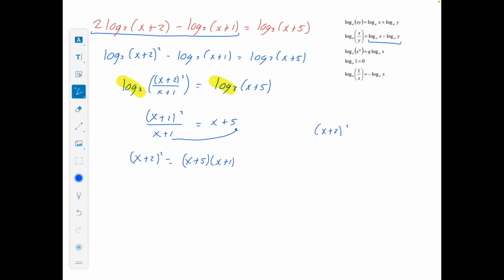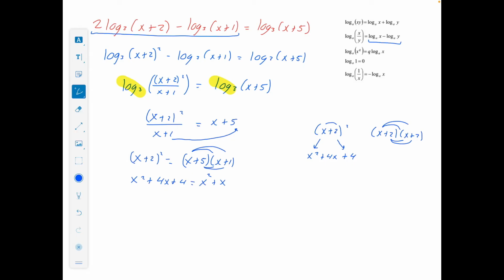So this is good revision of your algebra as well. If you want to square a bracket, so if we've (x plus 2) squared here, you have 2 options. There's a little bit of a shortcut. So you can square the first, that'll be x squared. You can square the second, 2 squared will be 4. And then we multiply the 2 of them together. So x multiplied by 2 will give me 2x, and double it, that'll be plus 4x in the middle. So my rule there is square the first, square the second, multiply the 2 of them together and double it. If you don't like that, you can just write it out twice and do your normal multiplying. You'll get out the same answer. So here instead of (x plus 2) squared, it's x squared plus 4x plus 4